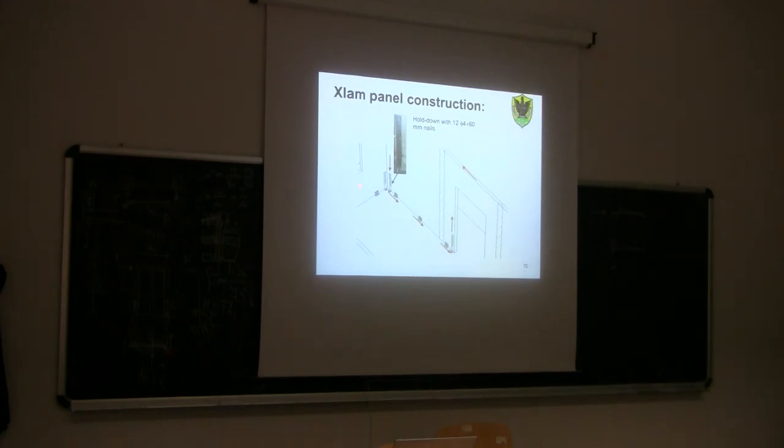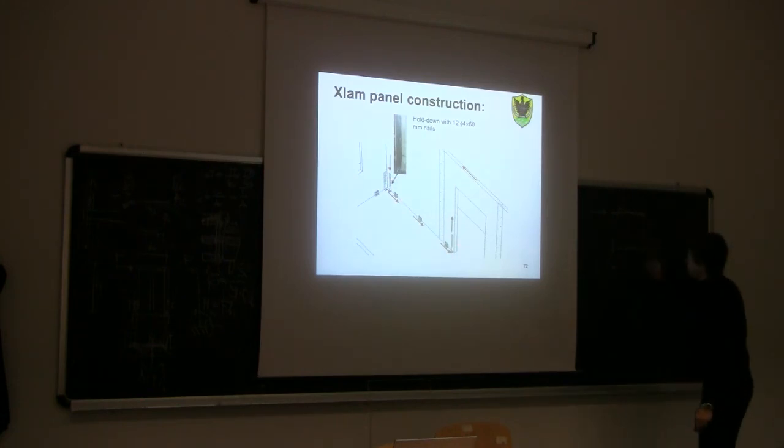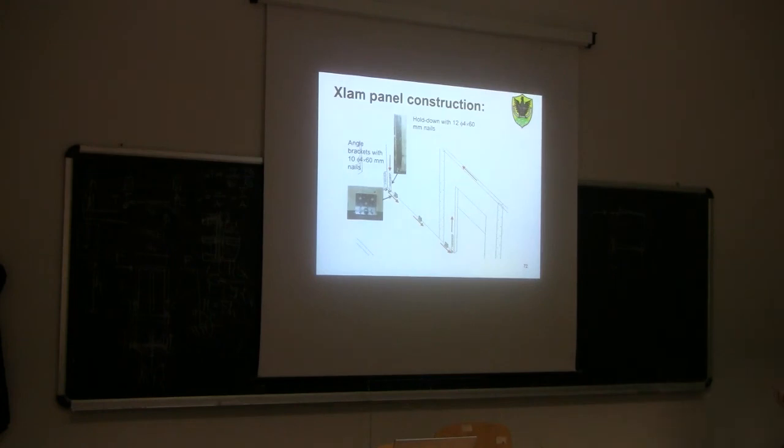So this is hold down. The hold downs are always placed at the end of the panel. Then we have what we call angle brackets, again made from metal plates, which are connected to the wood using nails, and can be connected to the foundation using some bolts. The angle brackets instead are needed in order to prevent